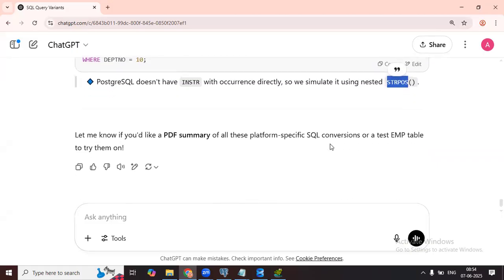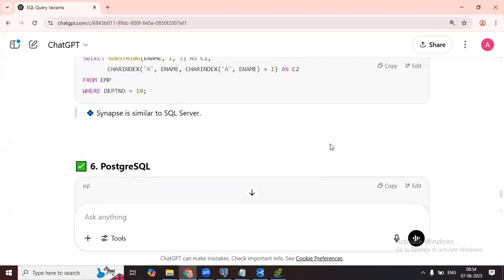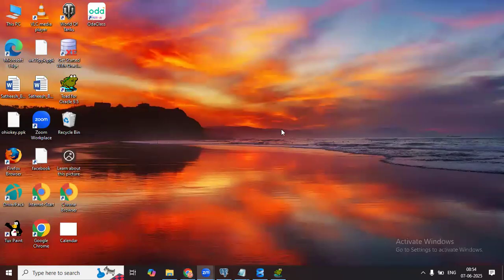Like that, learn one, other will be easy. Whenever you get a chance to work on a database, you can work easily. With this, I just wanted to tell you, if you know one, other will be easy.